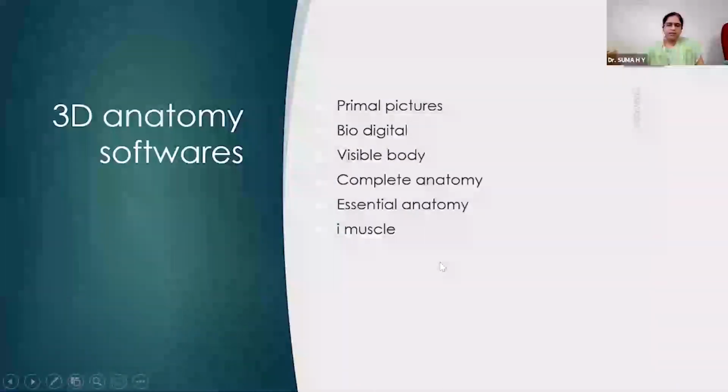So these are the various 3D anatomy software available in the market, but I found this software comfortable for me. I took a trial for 3 days, after which I decided to give it a try for about 1 year, so I got an annual subscription and I found it very helpful for my teaching as well as for myself in understanding the anatomy subject from a better angle.